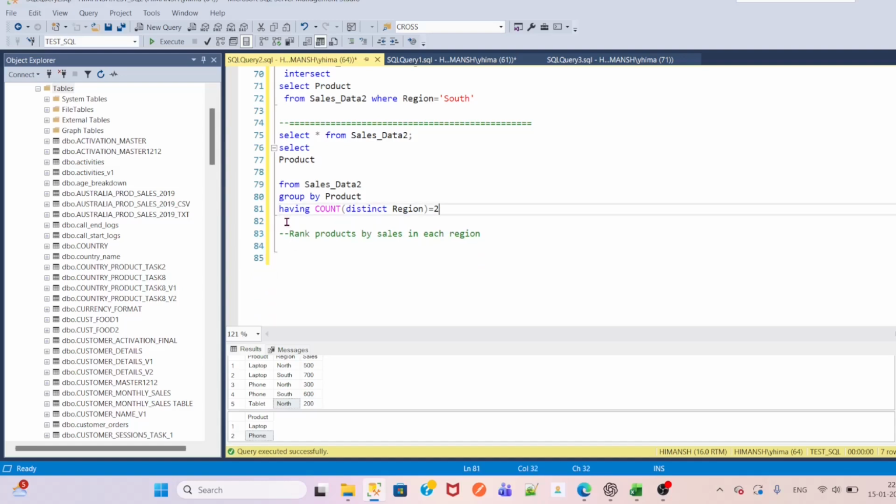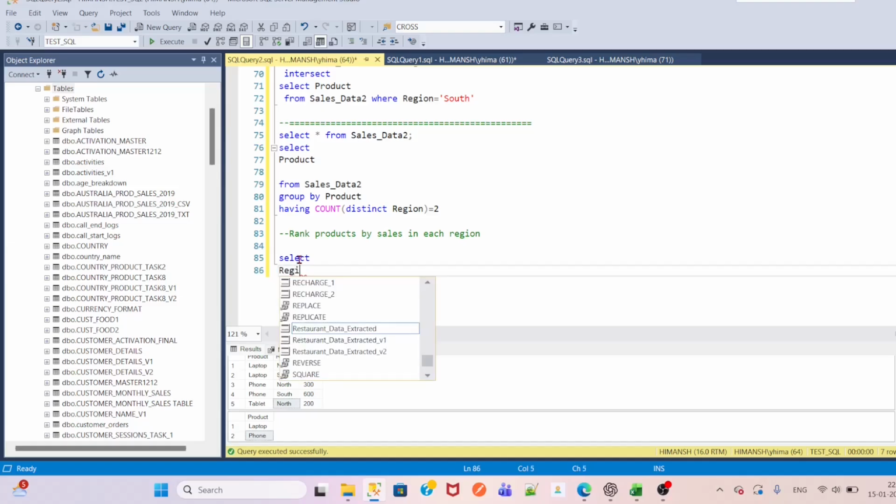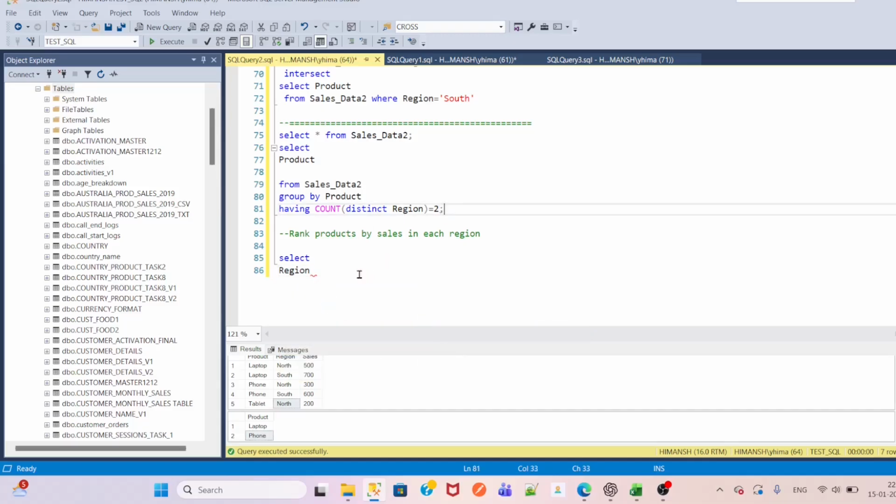Now we are left with the last one, that is to rank the products by sales in each region. So as the question says, first we need to take each region, then rank the products. So let's do the region wise, sorry, region from the table name, we can say sales table. Okay, so for each region, which product, how they rank. So region, we will do the region also,